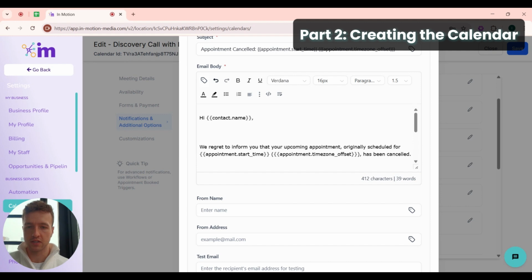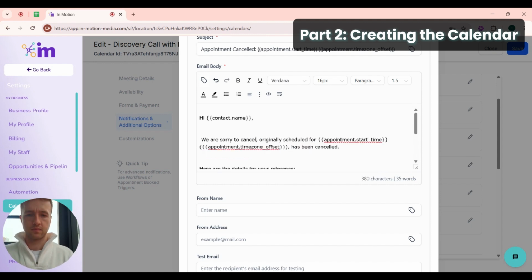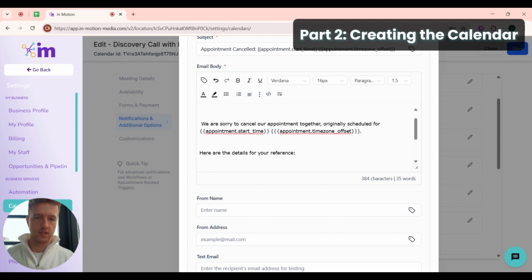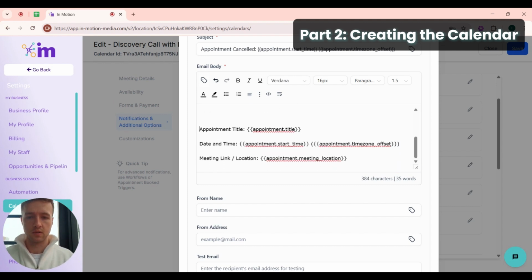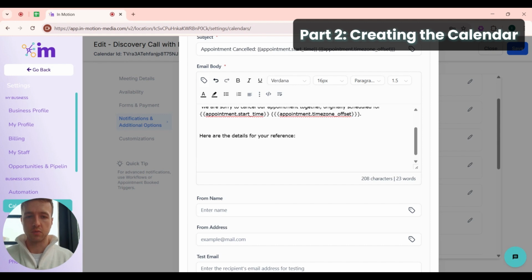So you can change all this. So maybe we want to say, appointment start date and time zone. What we can do instead of this is we want to get them to reschedule. So what we can do here is we can say,